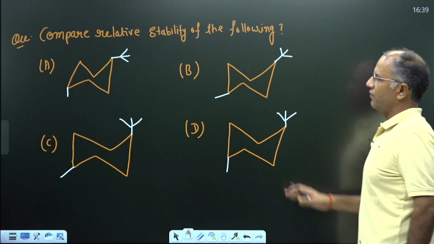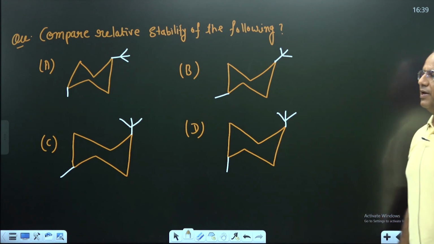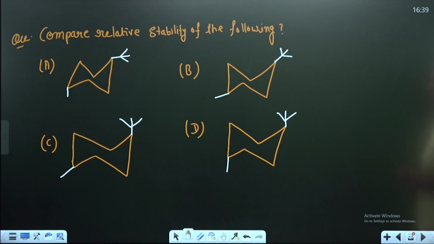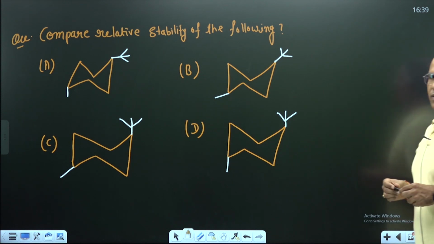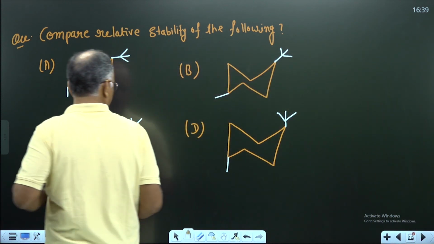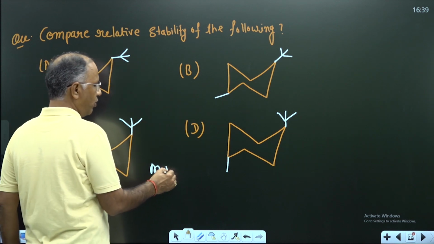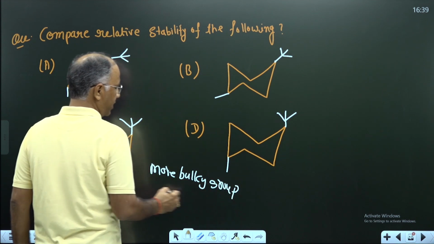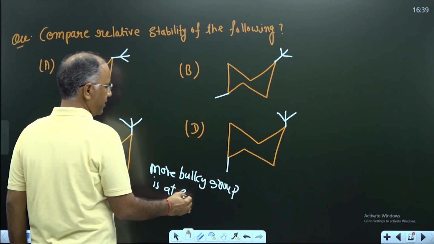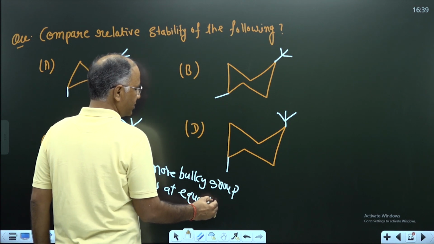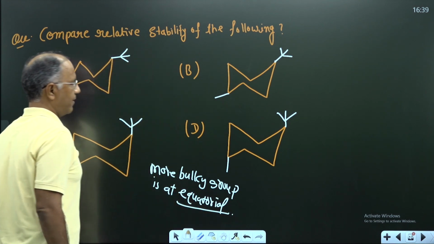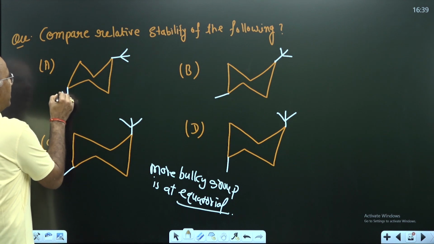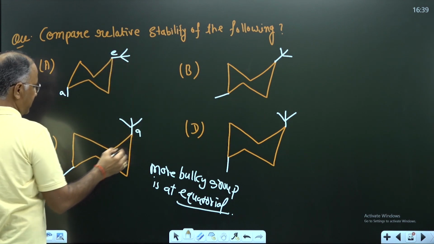Now, compare the stability of all these 4. Compare relative stability. Pause the video and try this question. Now, how to approach this question? In this type of question, what we have to do is place the more bulky group at the equatorial position. Equatorial is more stable. So, first of all, it is axial, equatorial, axial,